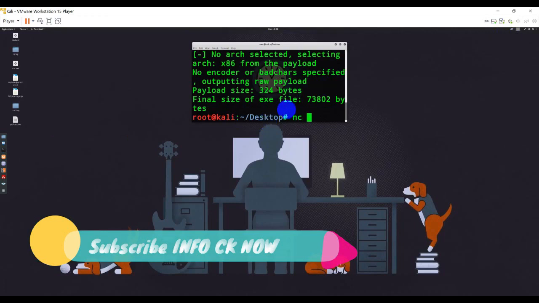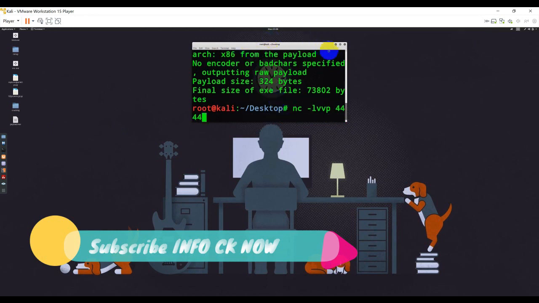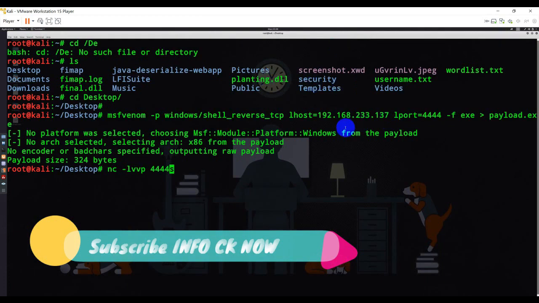So I can simply type netcat hyphen lvvp, and I am going to listen on port number 4444. Let me verify. Okay, cool. Let me send this file to my Windows 7 system.